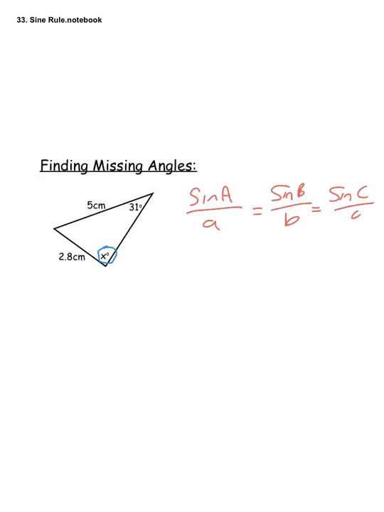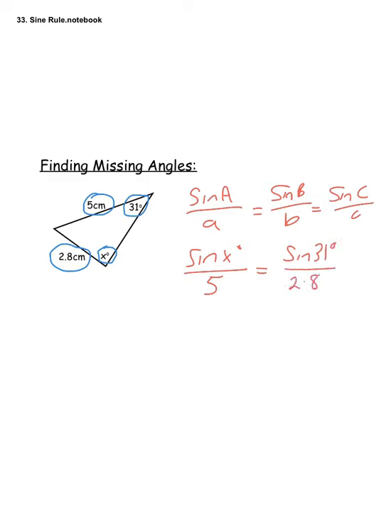We're going with our unknown variable and its corresponding side first. So we've got sine x degrees over 5 is equal to, we've got our known angle and our known side, so that's going to be sine 31 degrees on the top and